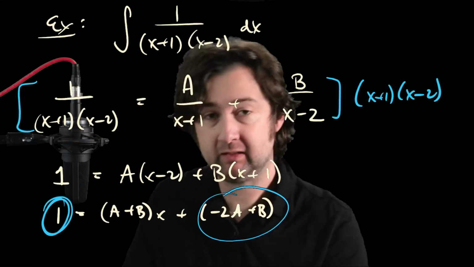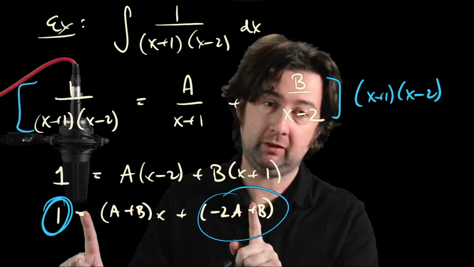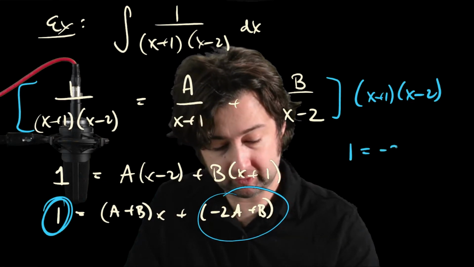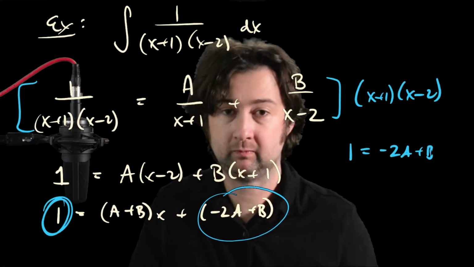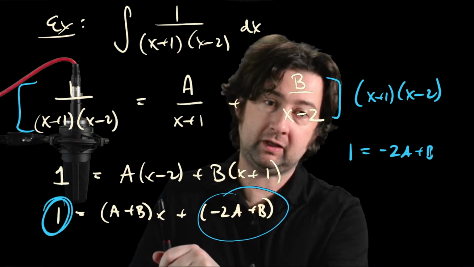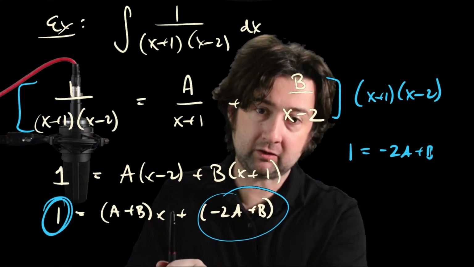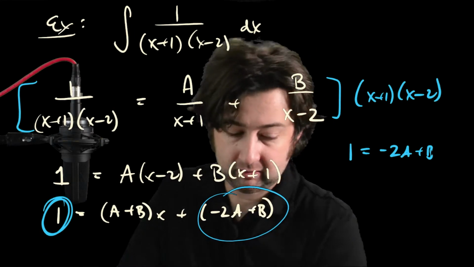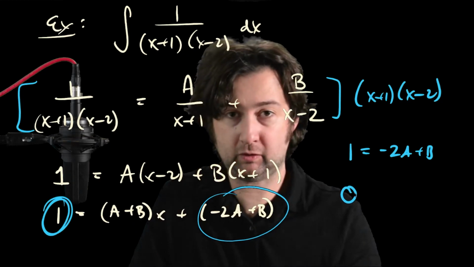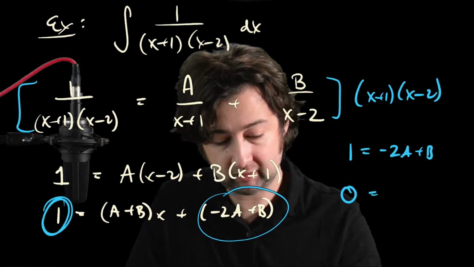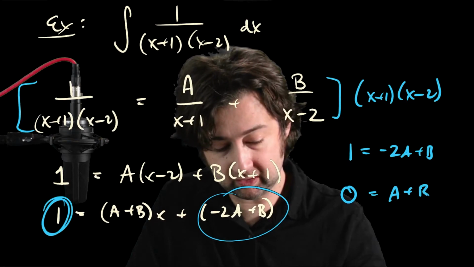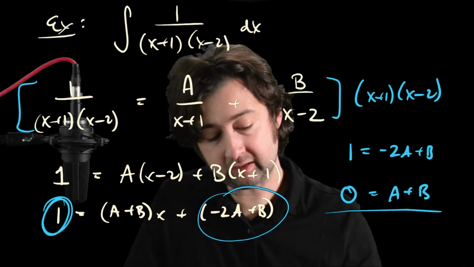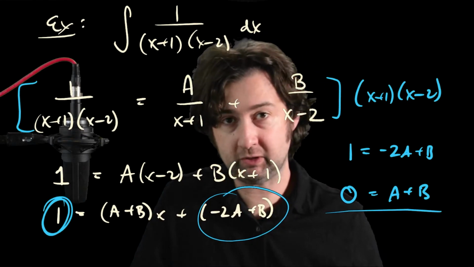And that means in order for these polynomials to be equal, those constant terms have to be equal. So you get out an equation. 1 is equal to minus 2a plus b. Also, there's an x term on this side, and the x term has coefficient a plus b. There's a 0x on this side, and so that means that the 0, that's the coefficient of the x term on the left side, has to be equal to the a plus b, that's the coefficient of the x term on the right-hand side. This is a system of equations that you can solve for a and b